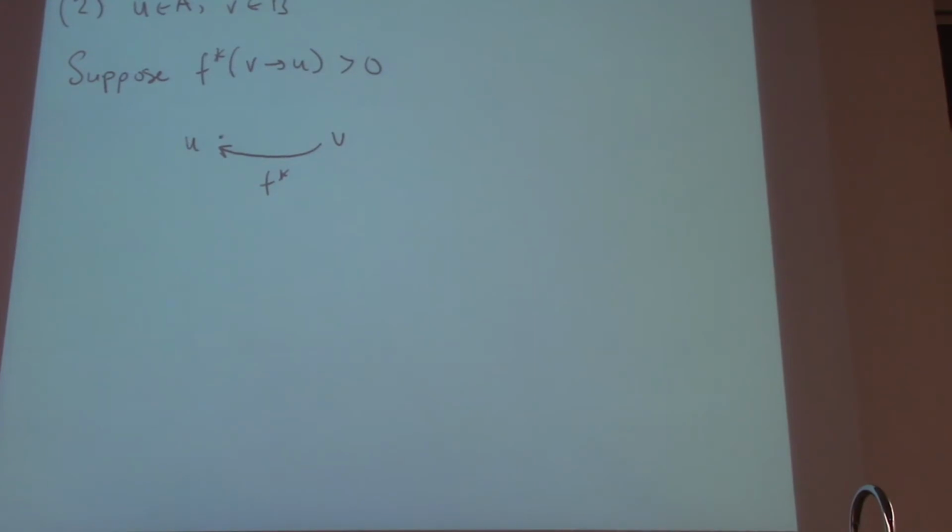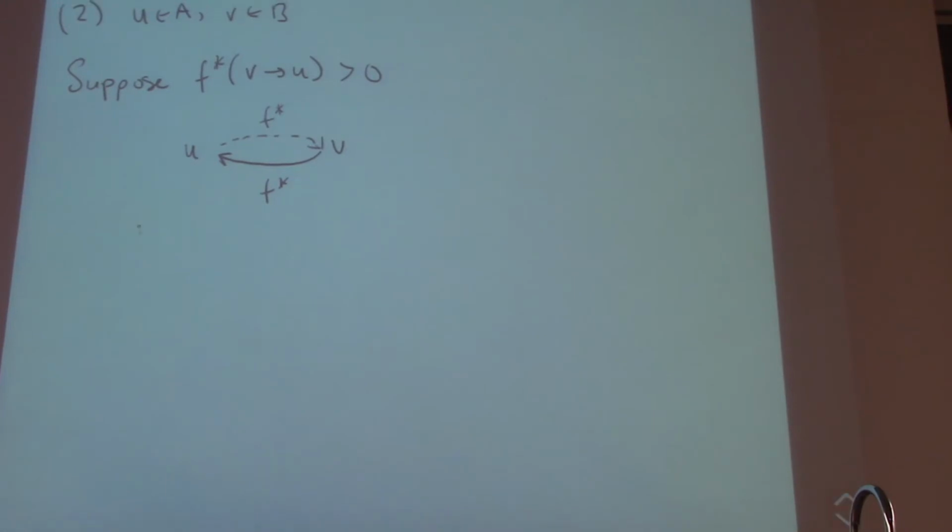That means that we must have a back edge with capacity F star, because we just pushed F star flow on it. There has to be a backwards edge to change our mind. But what did we just say? This means that now V is again reachable from S. And we get another contradiction. Therefore, all forward edges are saturated, all backward edges are empty. The flow going out of A equals the cut value, and max flow is equal to min cut. And that's your proof.